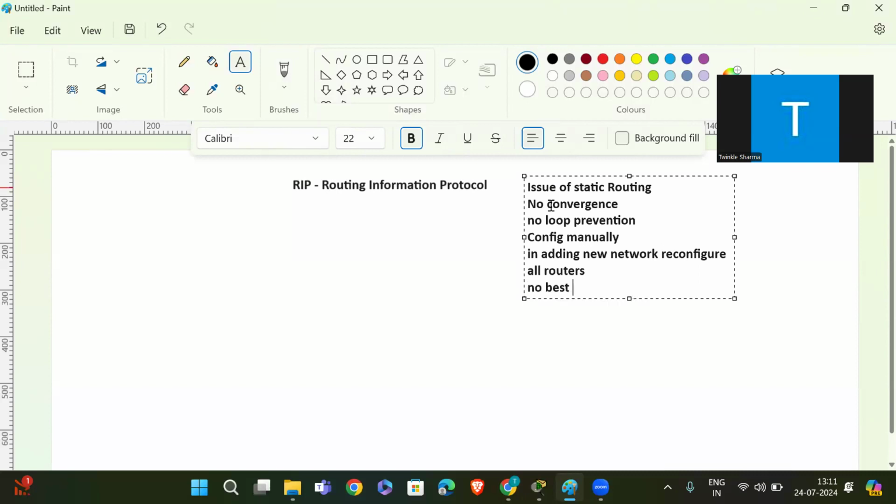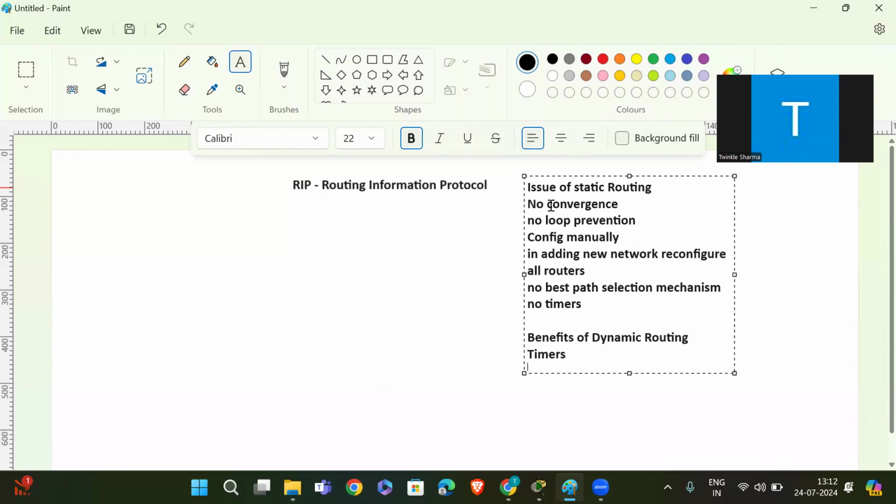Then no timers. Whereas the benefits of dynamic routing is we have timers here.